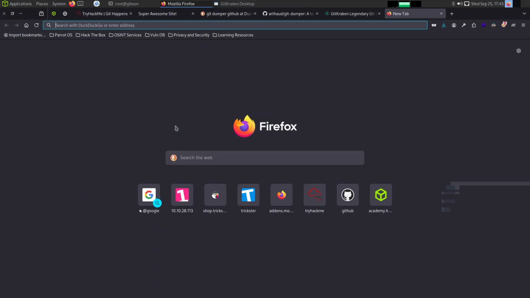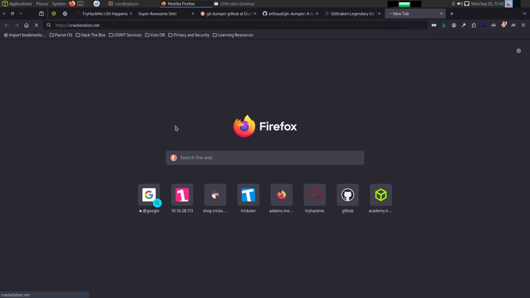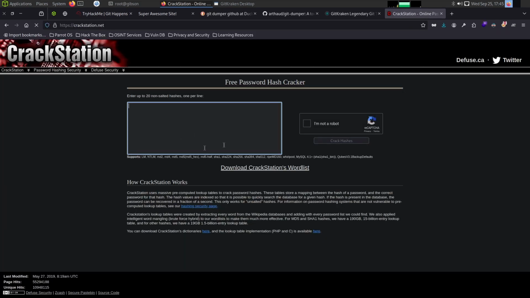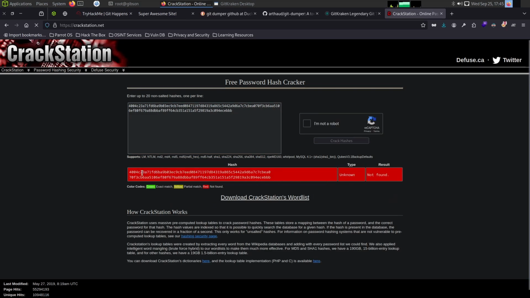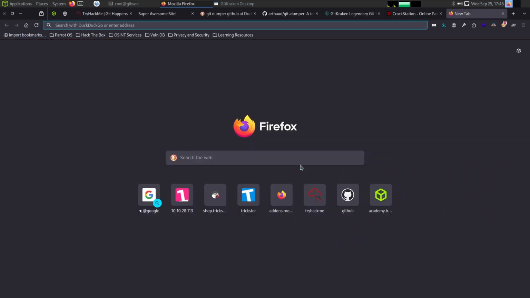We can go to the website called CrackStation, which is a website for cracking hashes, and we can see if this hash was already cracked at any moment. I'm going to click on I'm not a robot and crack hashes, and we got unlucky because this hash seems unknown. We can also look to CyberChef,